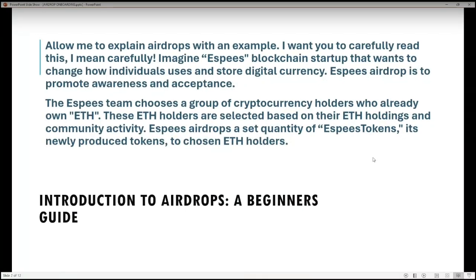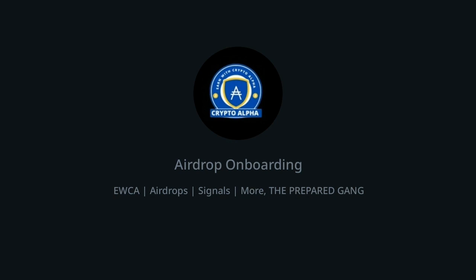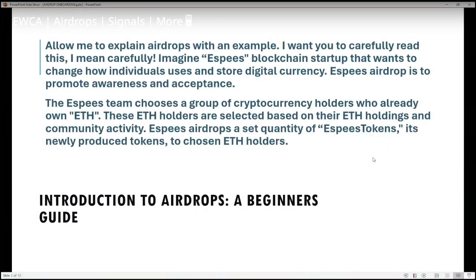So I'll be using a very important currency, though it's not a cryptocurrency yet, but I'm just using it as an example because I love using it, SPs. Okay, I said imagine SPs. Now I want to explain airdrops for a layman's understanding. The people in this class are mostly beginners, and even those that are not here yet, this video will be posted on my YouTube channel